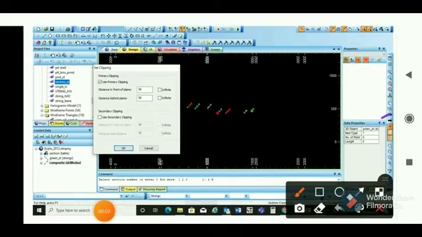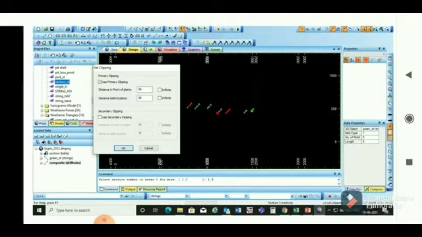Here is the command for setting clipping. Set our clipping as per our grid pattern. If we have a grid pattern of 100 by 100, we have to set our clipping 50 by 50. Here we can see we have set our clipping 50 by 50.